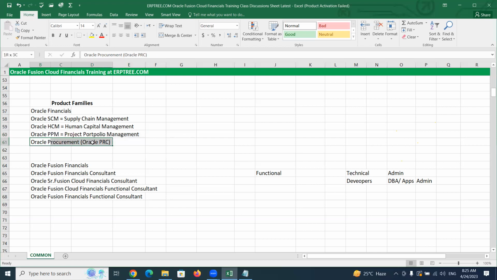And Oracle Procurement: those who are more involved in procurement activities, or who want to manage their procurement business functions, can use the application called Oracle Procurement. You take any product family or any course name here, there will be a set of applications inside. This is a summary of the course name or solution name.